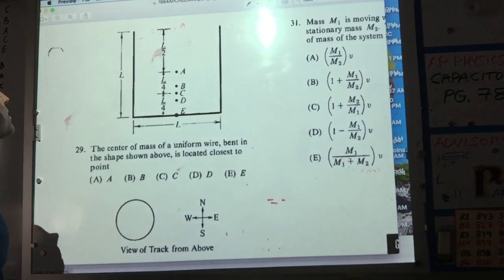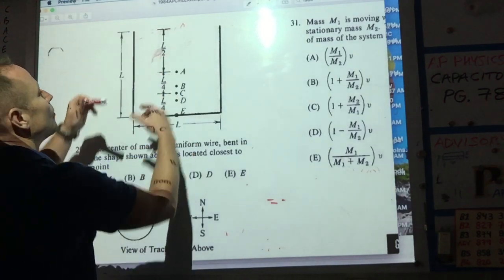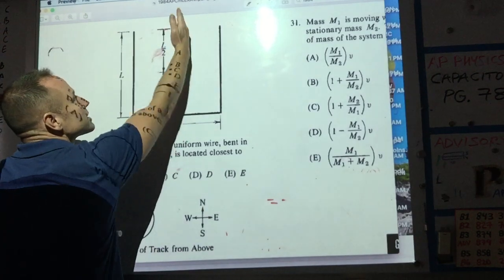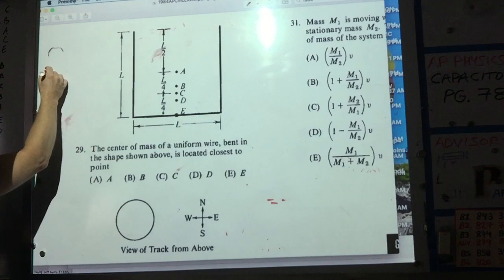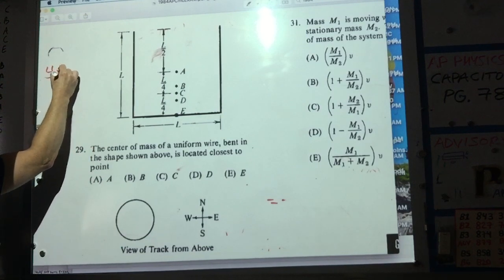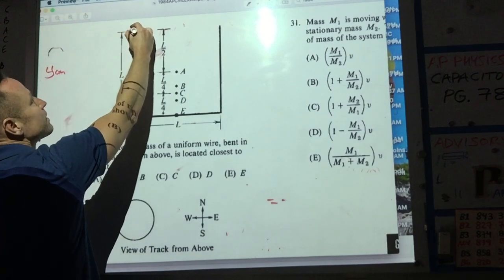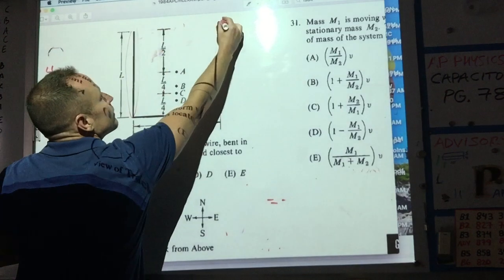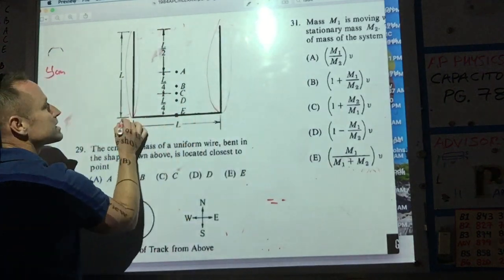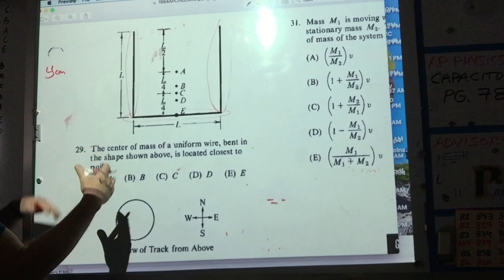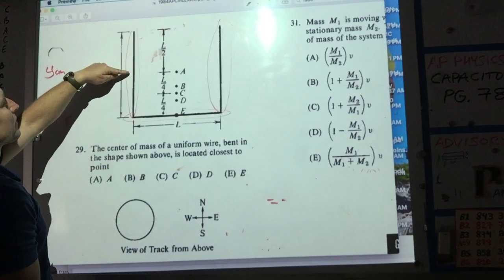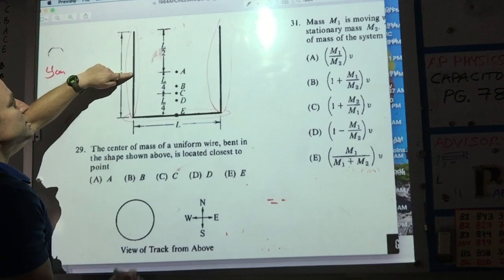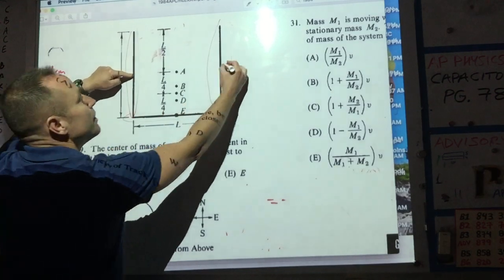(29) Center of mass of a wire kind of bent like this. What we're trying to find: the horizontal center of mass is along this midline because of the symmetry, so we'll find the vertical center of mass. Well, what we have are basically 3 objects. You've got M, and we'll say each one is like a kilogram, or unit mass 1. So up at position L over 2, at this height anyway,